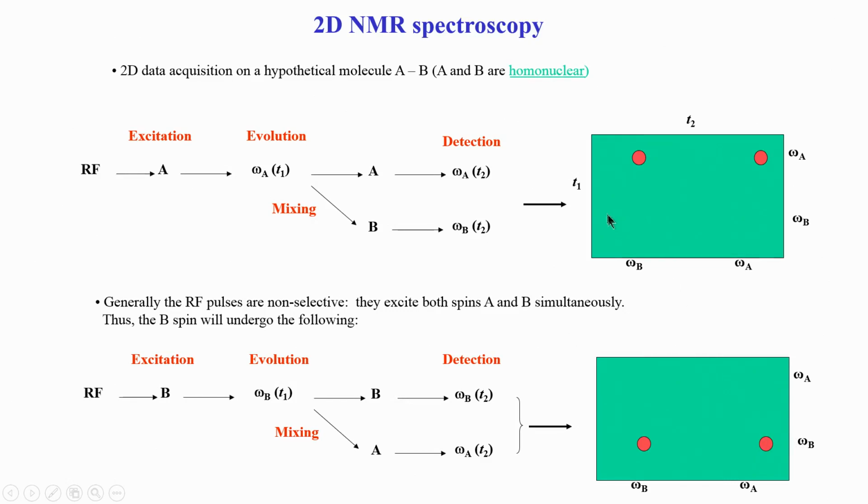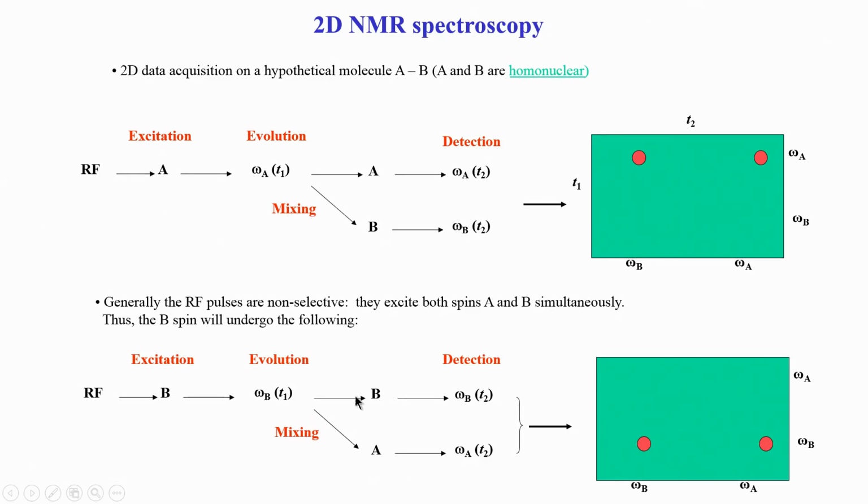Now, this is similar to this peak, here also the information was omega A is connected to B. So, you see we get the same information two times. So, now these two have to be combined together, because as I said both these processes are happening simultaneously. So, it is not that this happens separately from here.